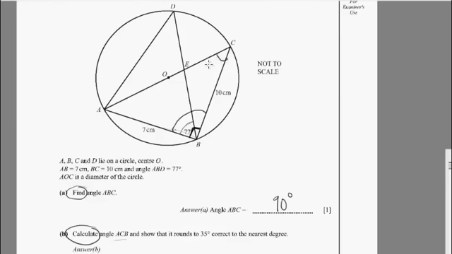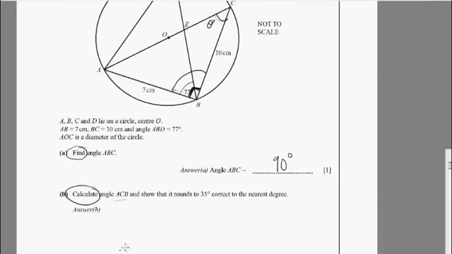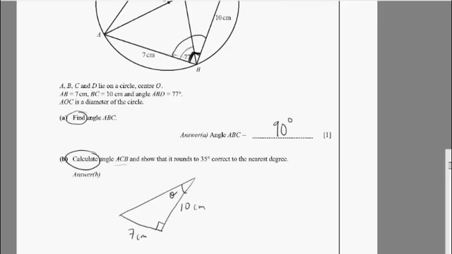Looking at angle ACB, angle ACB is this angle. But look, we have a right angle triangle and we need this angle. So let's just draw this to see the picture better. So what we have essentially is this situation. We have this angle, we have this side, and we have this side. Do we have enough information to calculate this angle? Definitely. Because it's right angle, we can use SOHCAHTOA. So looking at this, we have opposite and we have adjacent. So we can say tan theta is equal to opposite over adjacent, which is therefore equal to 7 over 10,